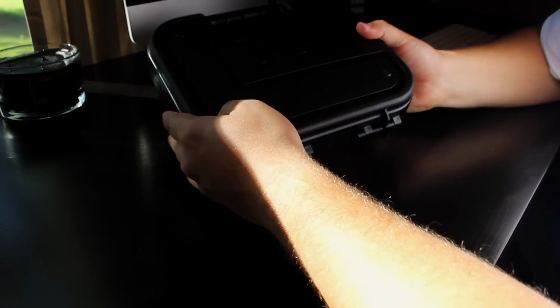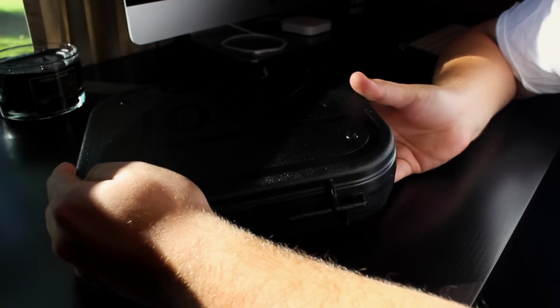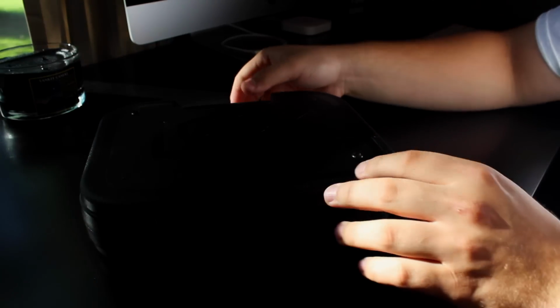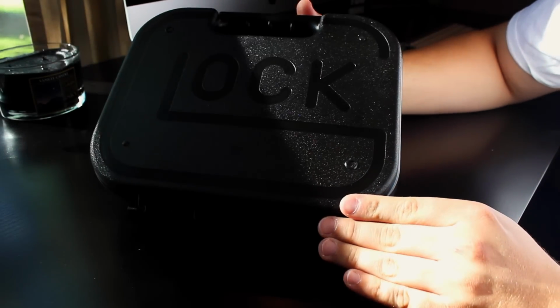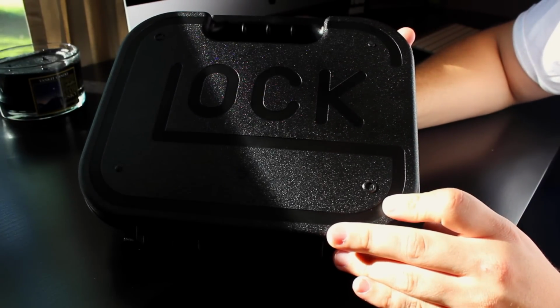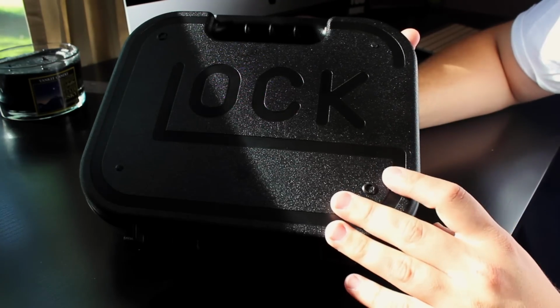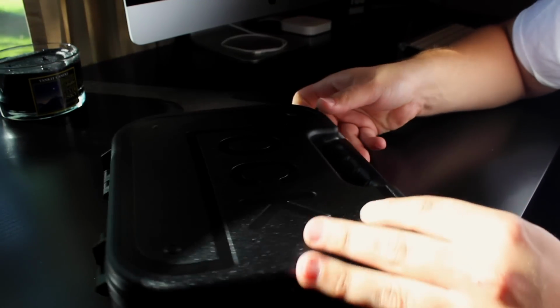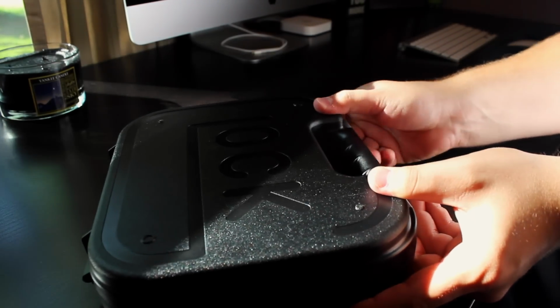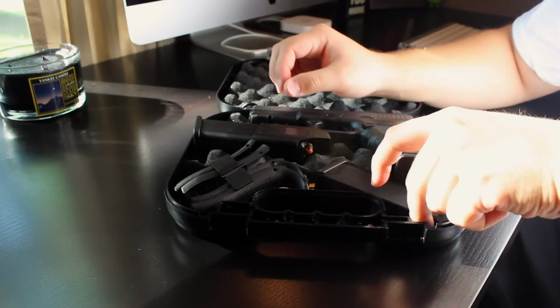So this is the box that you're going to get when you get a Glock pistol. It fits the Glock theme very well, I feel. It definitely complements the look of the Glock, and it goes really well with the overall theme. So upon opening this guy up, you are going to get,